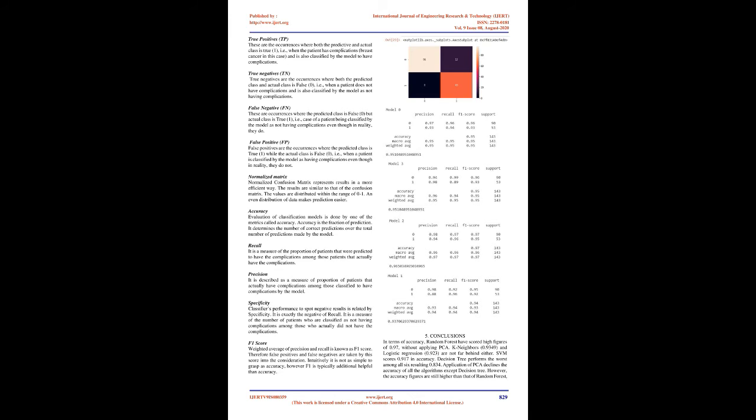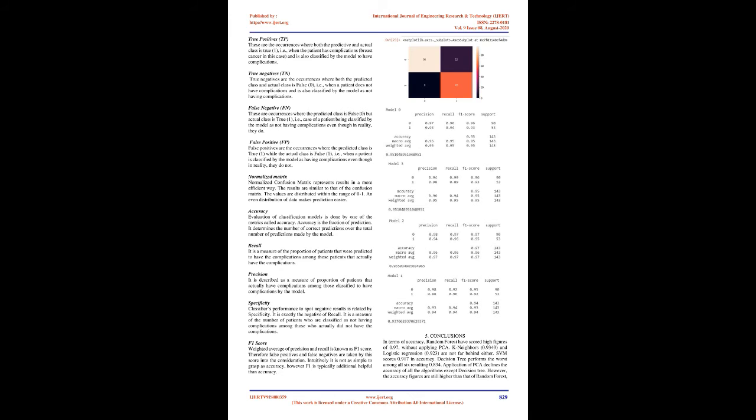False negative, FN. These are occurrences where the predicted class is false, 0, but the actual class is true, 1, i.e., the case of a patient being classified by the model as not having complications even though in reality, they do. False positive, FP. False positives are the occurrences where the predicted class is true, 1, while the actual class is false, 0, i.e., when a patient is classified by the model as having complications even though in reality, they do